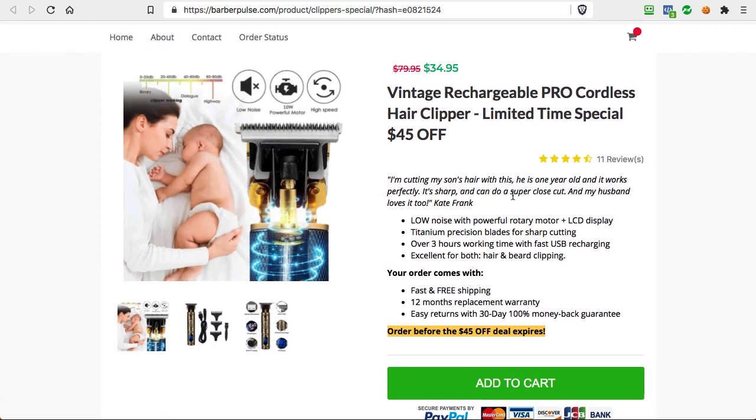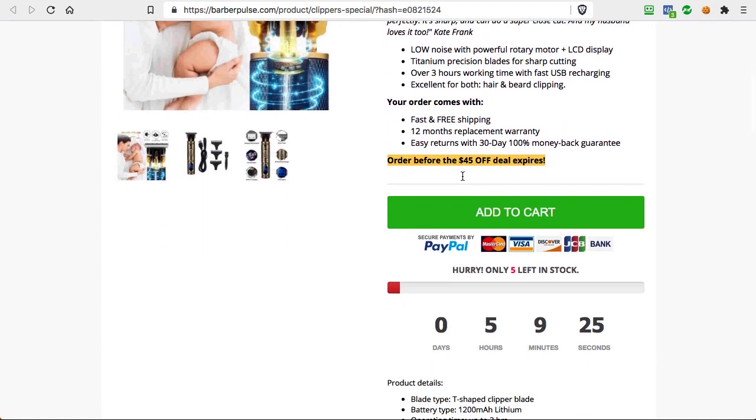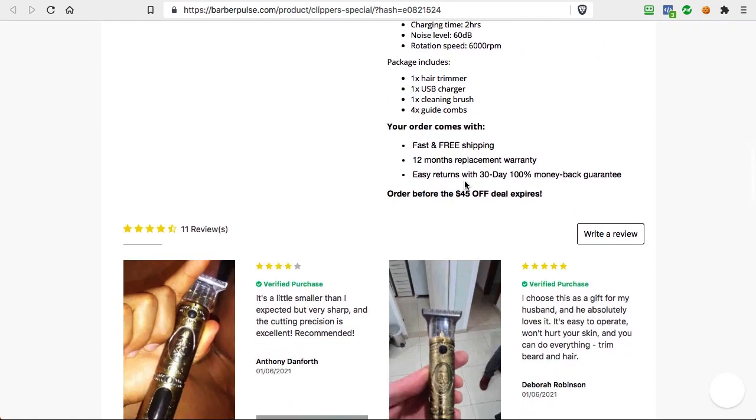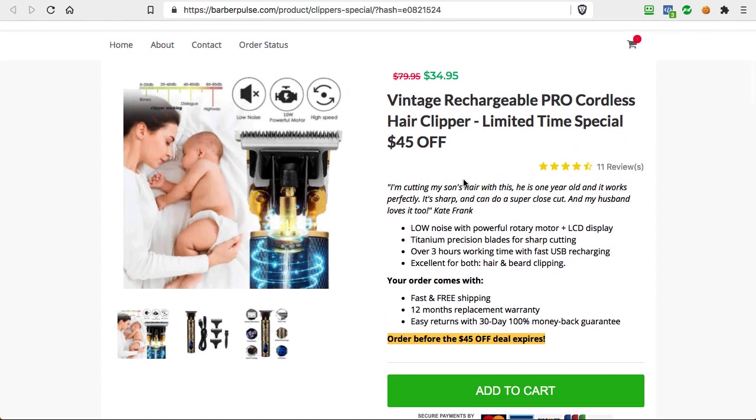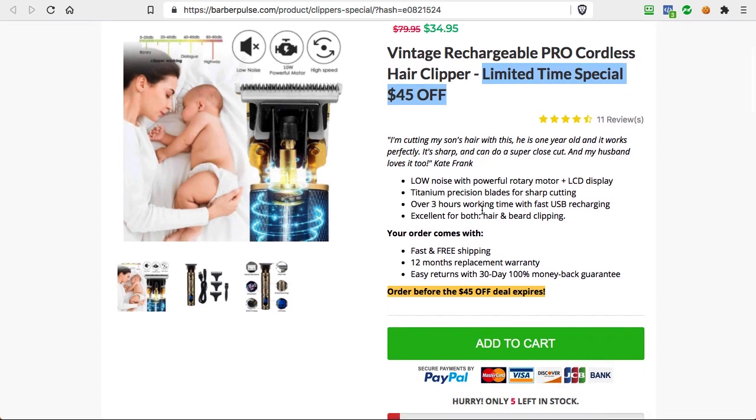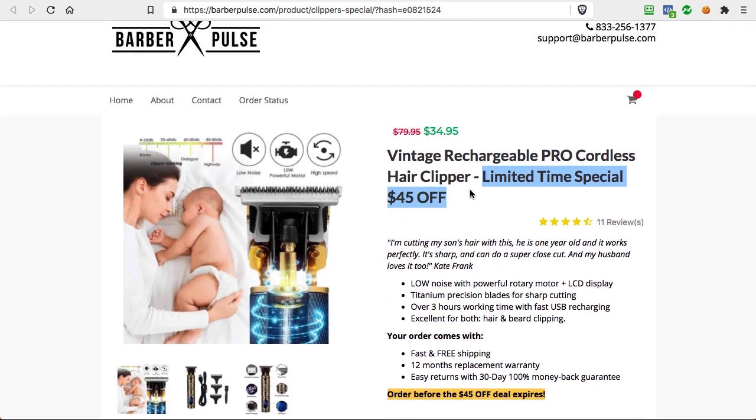So, for example, let's say you want to run a special Labor Day campaign or Valentine's Day campaign, or you can do a weekend special promotion to your email list. In that case, instead of sending people to the public page that's available across your entire store, you want to send them to a specific page which indicates a special price, which indicates a special discount, and all of those optimization elements that we were talking about throughout this video.